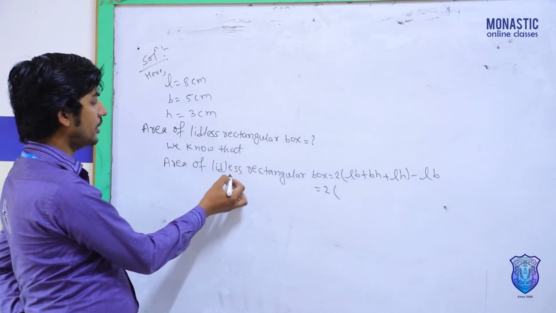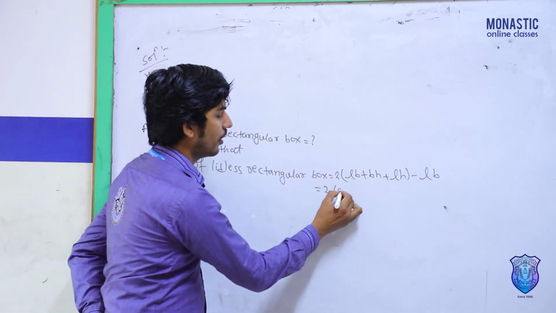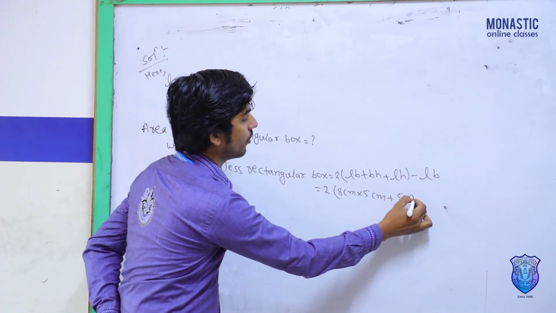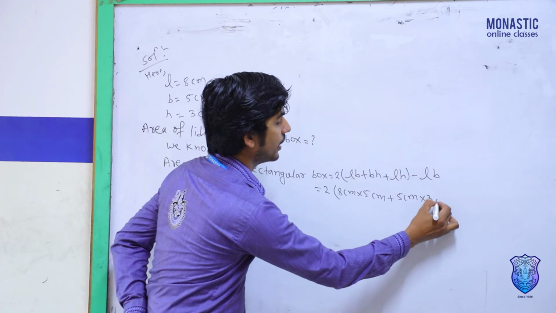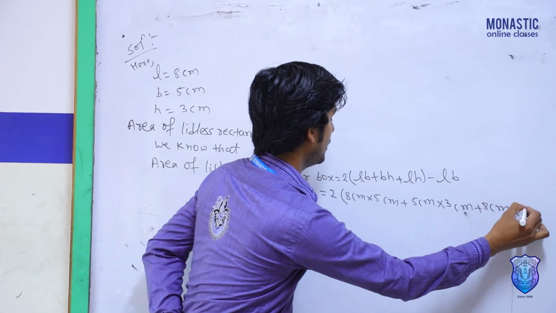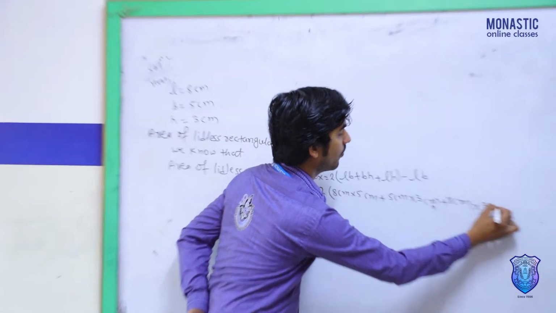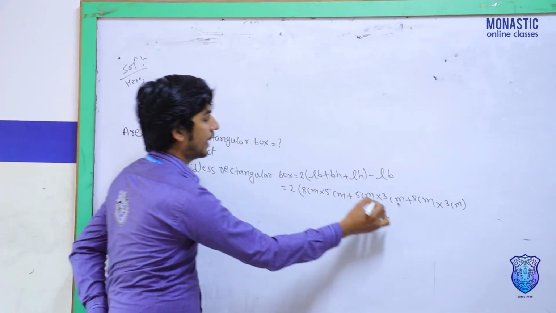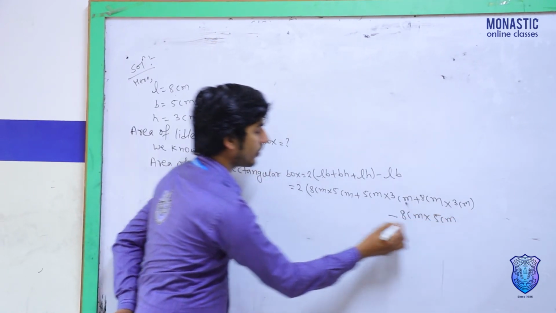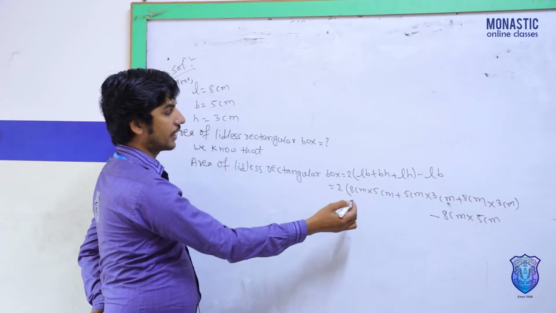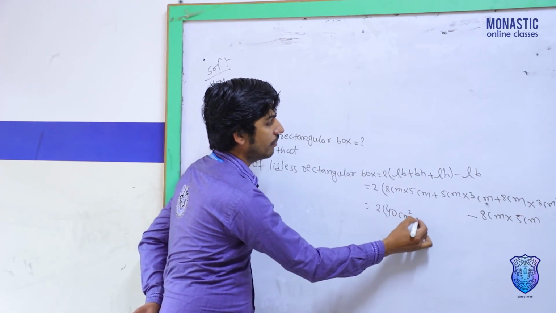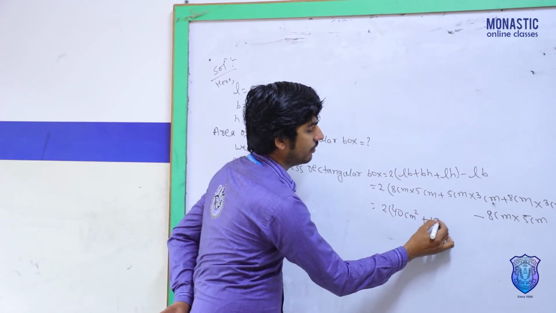See 2. Length how much? 8 cm. Breadth how much? 5 cm. Breadth how much? 5 cm. Height how much? 3 cm. Length how much? 8 cm. Height how much? That is 3 cm. Take minus length how much? 8 cm. Breadth how much? 5 cm. See, after this, take 8 5s are 40, cm into cm is square cm, 5 3s are 15,